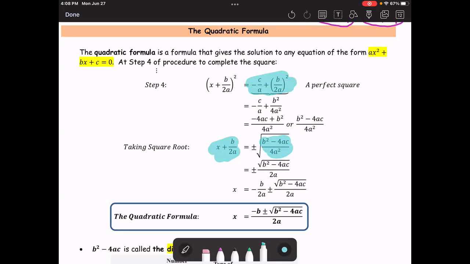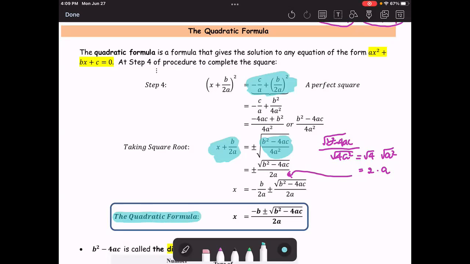This way, we use the property of the root: square root of b squared minus 4ac on the top, divided by square root of 4a squared, or square root of 4 multiplied by square root of a squared, which gives us 2 times a as the denominator of this step. Then we subtract both sides by b over 2a to obtain the finished formula for x, called the quadratic formula, in the form of x equals negative b plus minus square root of b squared minus 4ac